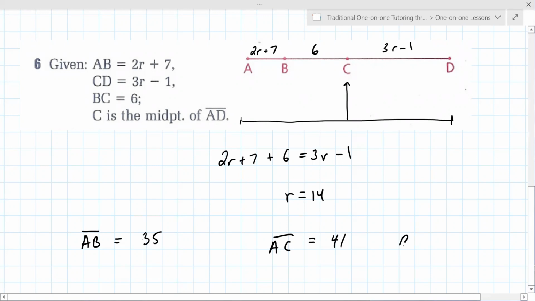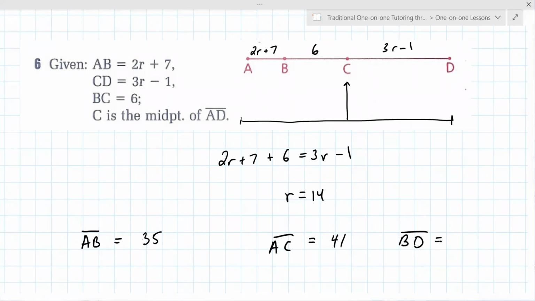How about if I wanted B to D? 3 times 14 minus 1 plus 6. Not too difficult, but you've got to make sure you know what it's asking for. This one could have asked for any number of things here. Okay, just a quick review of